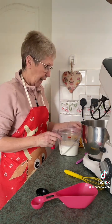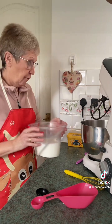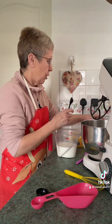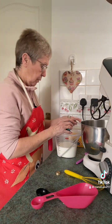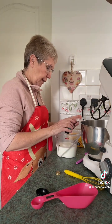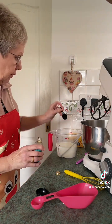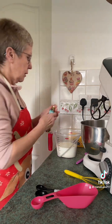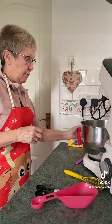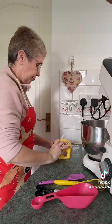So for this size you need 480 mils of whole milk, and in your milk I'm going to pop a teaspoon and a half of vanilla extract. So leave that to one side for a minute, and then I'm going to need